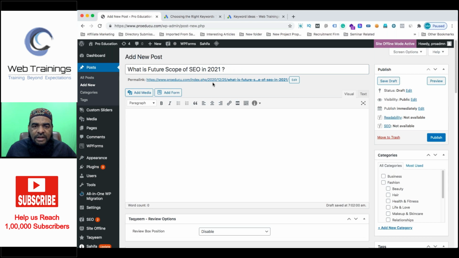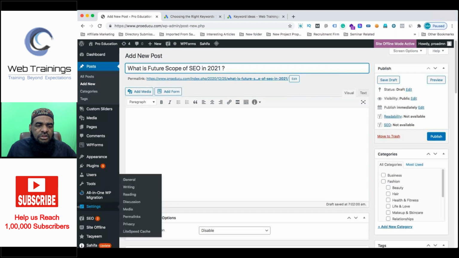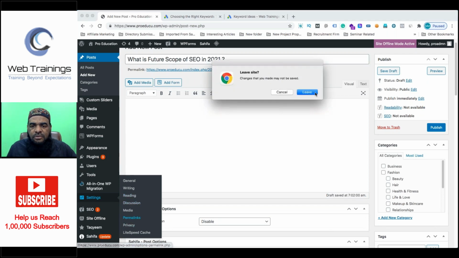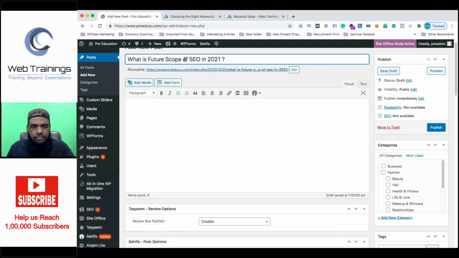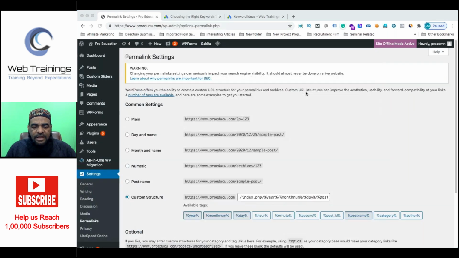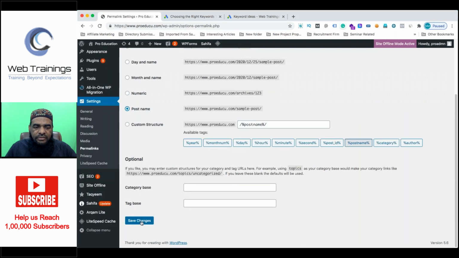Now what is the URL we are getting here? If you notice here, the URL is not as per our rules of SEO. This URL should not have these dates and all. For this, a very simple setting we have in WordPress, it's a permalink adjustment setting we have to do. So we can just go to settings here and go to the permalinks option. I can leave this page, not a problem. All right, so go to settings, permalinks, and here I just have to select the post name. The option I have to select here is post name, and click save changes.